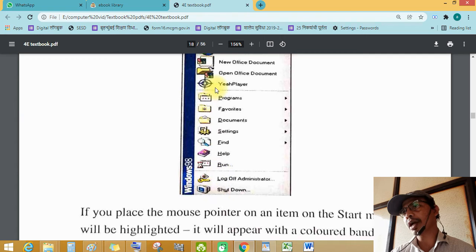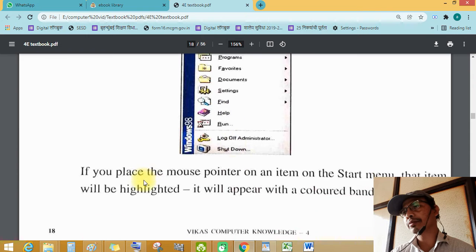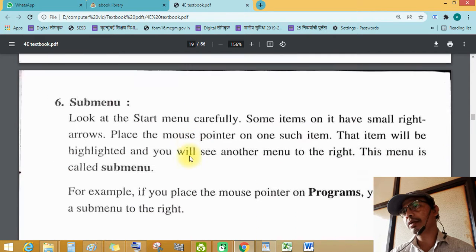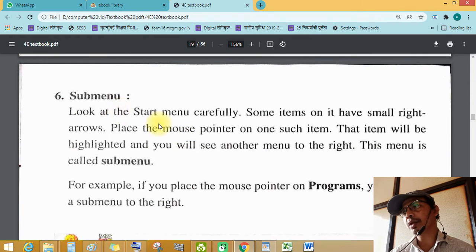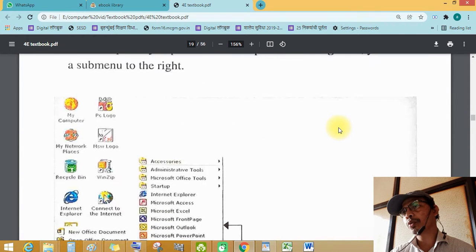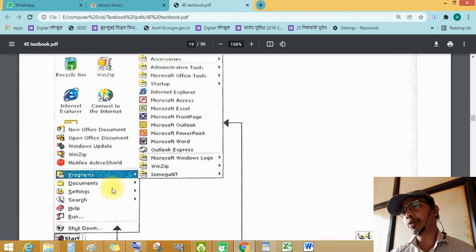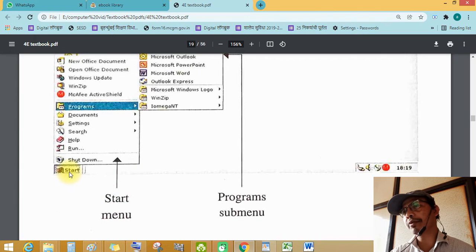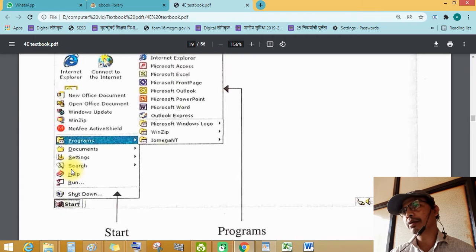Menu, start menu. This is the operating system Windows 98. Then the submenu. See this start button. When you click the left mouse button on start, a list will appear on our screen.